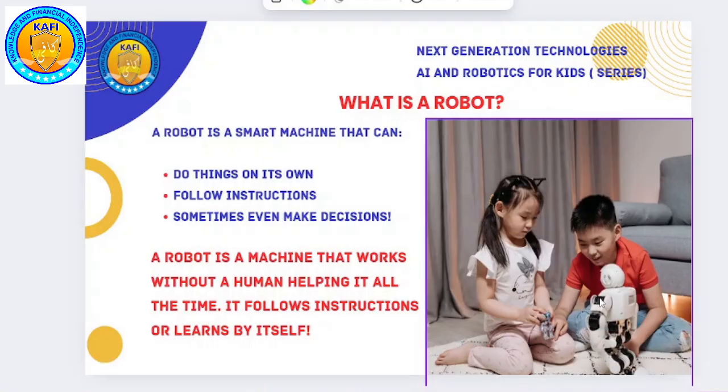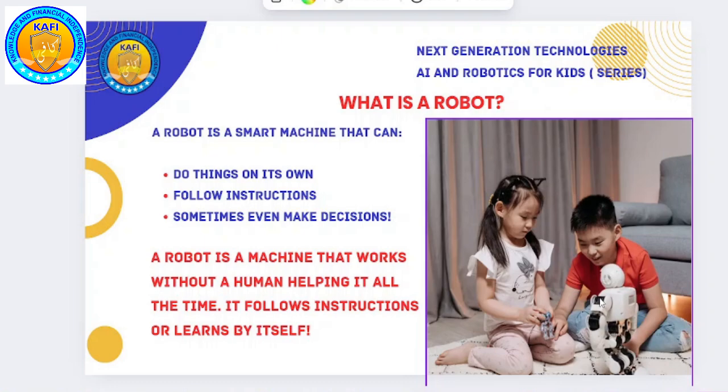Okay, that's what you're reading from here. So, a robot is a machine. If, let's say, a washing machine is a robot, it is going to tell you, bring me the cloth, or it is going to get the cloth from the basket, from the washroom, and clean it for you, and then put it out for drying. A washing machine cannot do that, but a robot can do it. A robot can do things on its own.